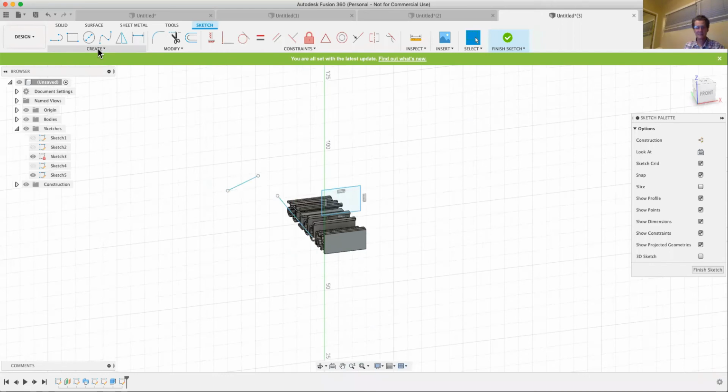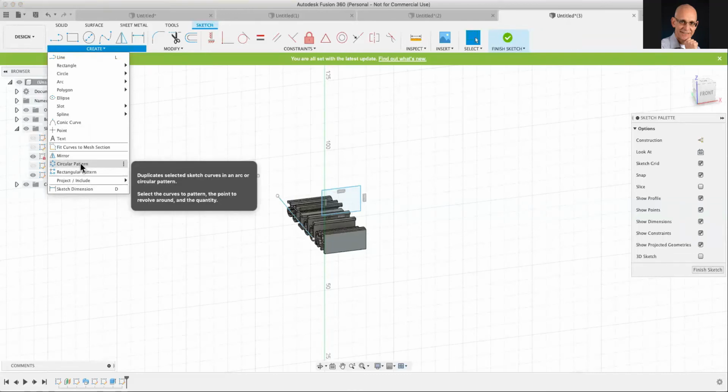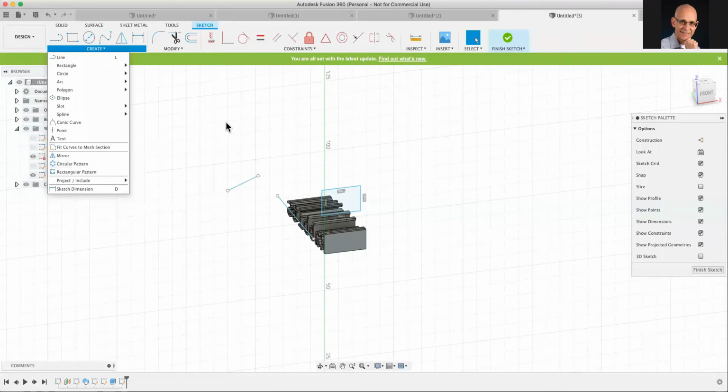There were two more items about the bottom of the create menu. They were like making a grid of stuff: a circular pattern and a rectangular pattern. I used the circular pattern to put some screw holes on a heat sink that was a round disc, and I wanted a couple of screw holes to bolt it onto something, and I used that circular pattern, but it wasn't quite obvious how it worked. Okay, well